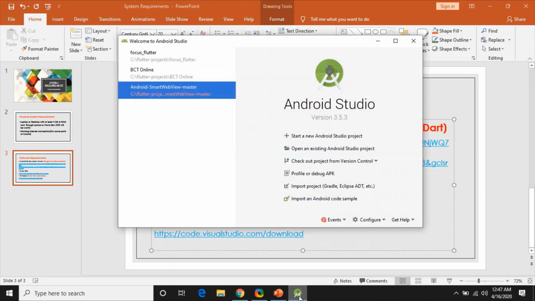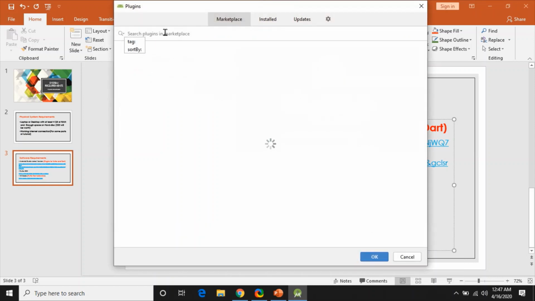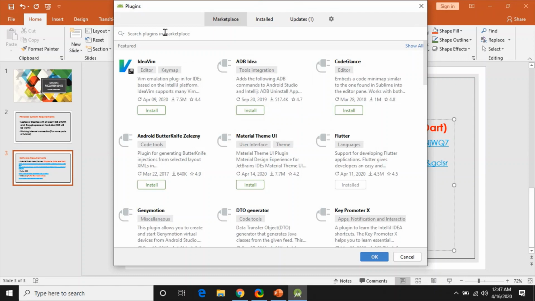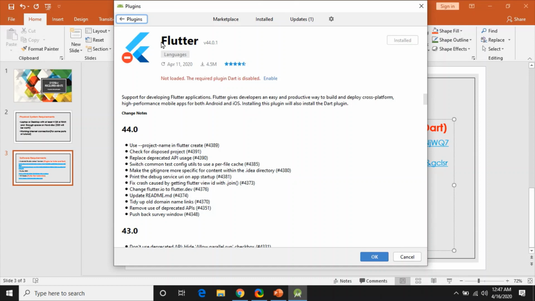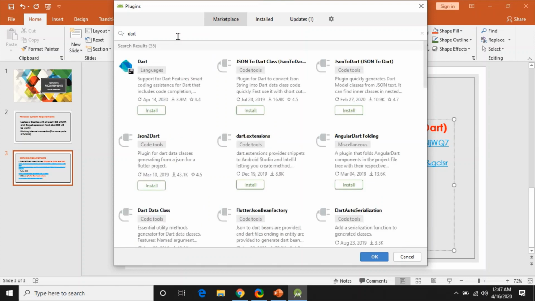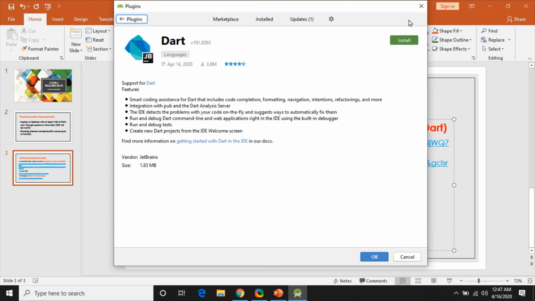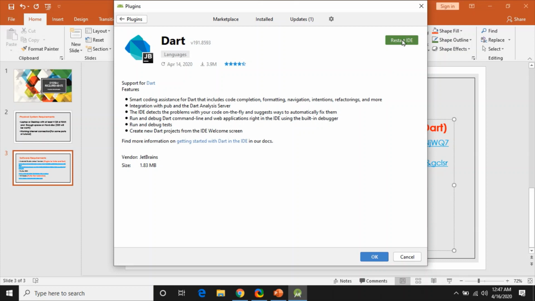In configure, click on plugins. If you click on plugins, you can search the plugin here. So I will type Flutter by flutter.dev. This is the plugin we will install. It has been installed in my PC. You can click on install at the right corner, and next is Dart. So the Dart plugin you will find. Yeah, this is the Dart plugin. Click on install and it will be installed. It is only 4 MB, and you have to restart the IDE. Remember that the IDE restart is a must to take effect.